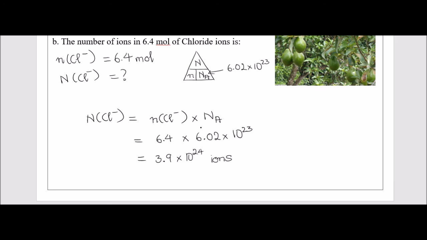So summarize the question and write out the formula. This intermediate step is optional, but I definitely would have the unit on